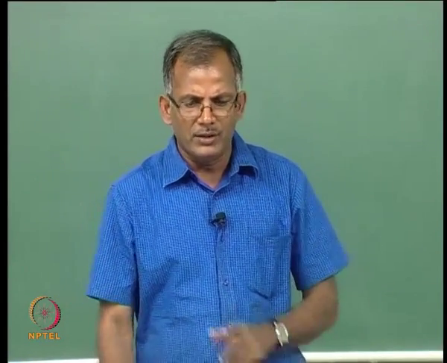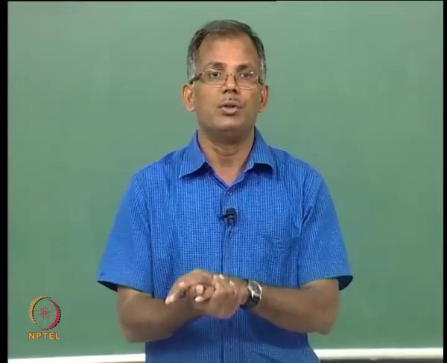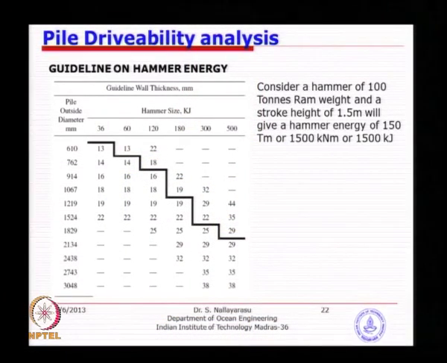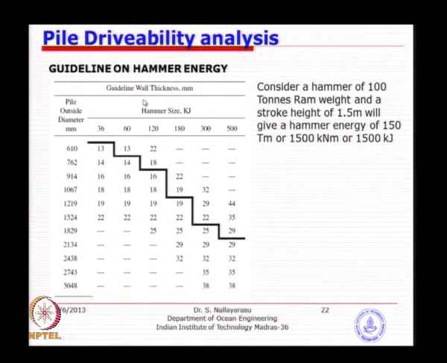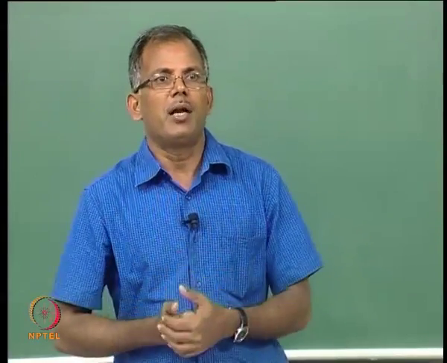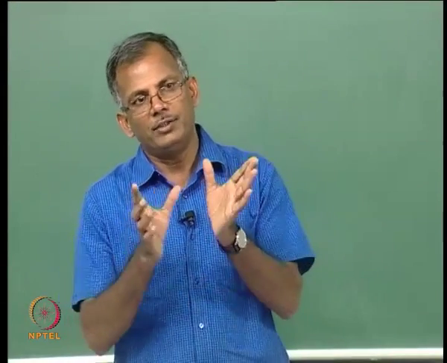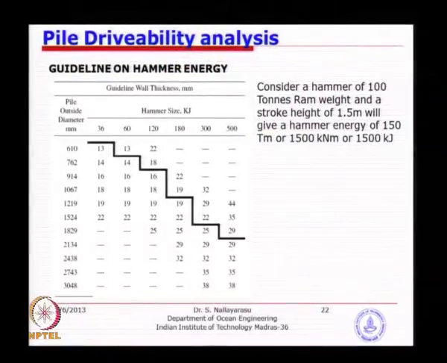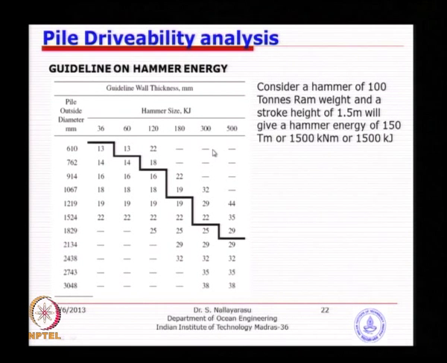Similarly, there was another guidance given earlier in the previous revision, which is no longer there because of quite a few arguments: what type of hammer, or what kind of energy requirement, you should select for a given pile size. As you can see, the larger the diameter, and we go for larger diameter because with smaller diameter we are unable to get the capacity, the larger penetration you might have already gone for. So depending on the diameter there were recommended energy values in kilojoules, which is what we were looking at.